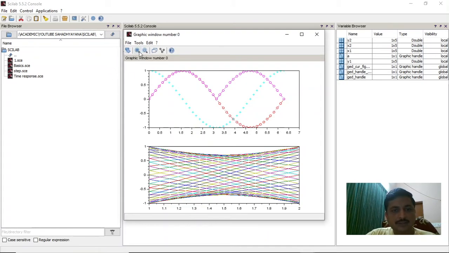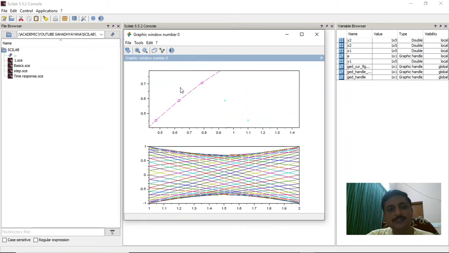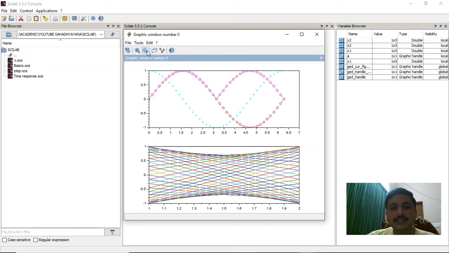So click on the first magnifying lens, okay, zoom area. Click on that and click on the graphical window where you need to zoom. Suppose I need to zoom it here. Click once. This is very important. Click once, then drag it and click again. So now this area is zoomed. Now if you want this to be normal back, click the second one, original view. So this will take this to original view.